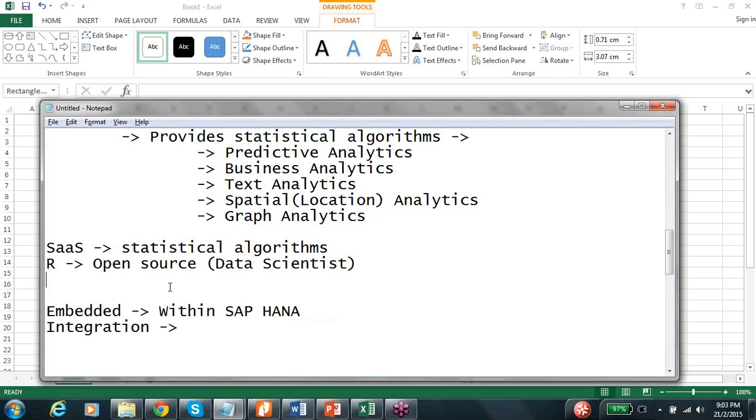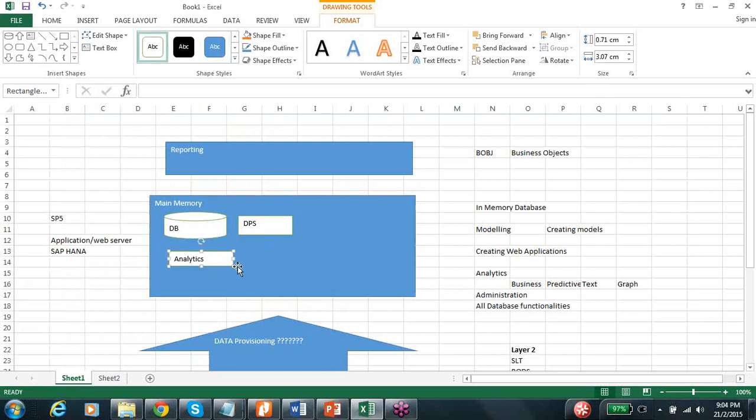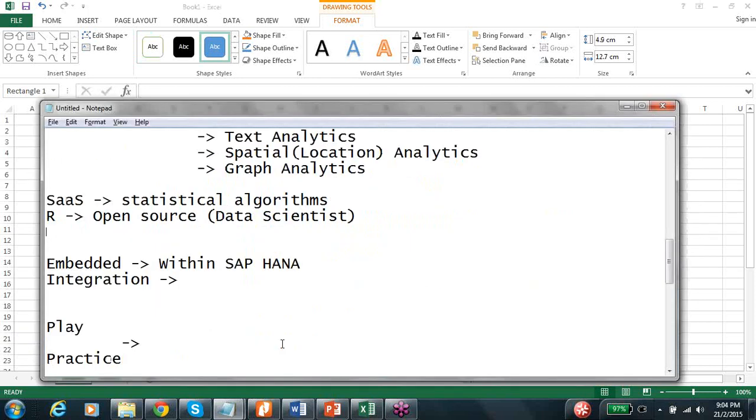So coming back to all your analytics, still it is not complete. That is what SAP HANA is. So you've got your application server so that you can build your own web-based applications. And you've got different kinds of business cases. One is